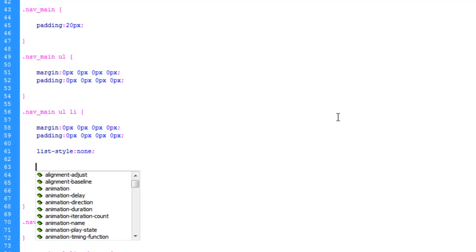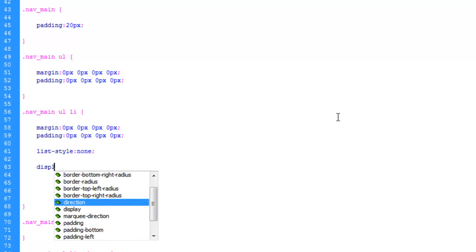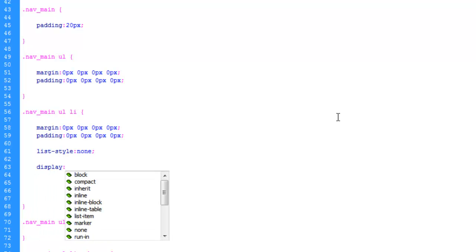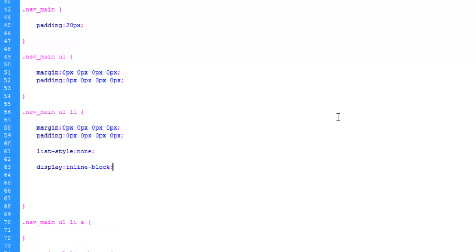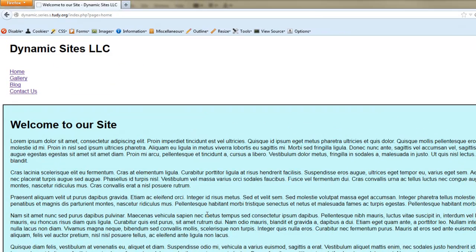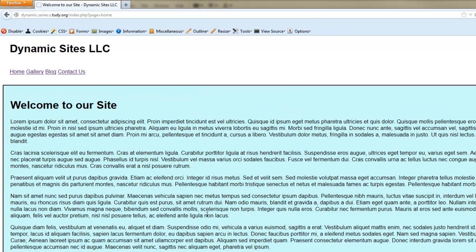is we're going to say display, and right now these are block items, as in they kind of stack. We want to do inline block. Save and upload that. Look at our page, and this should set them next to each other. Sure does. So now we're back to where we kind of started, minus the dashes, and you might think we're